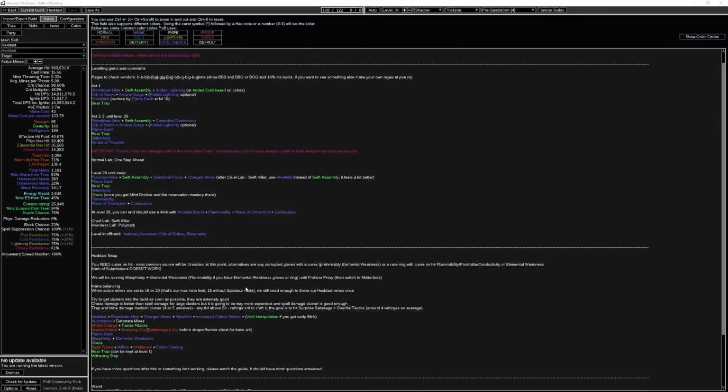When you want to swap to Hexblast, you really need to have certain things. Number 1 is Curse on Hit. As I mentioned, usually the most common thing is going to be Dreadarch at this point, but there are also some alternatives. Gloves with a Curse, ideally Ela Weakness, but if you have Enfeeble or Temp Chains and you really want to swap, and you are like approaching maps, sure, you can go ahead and equip your Enfeeble Temp Chain gloves, it's completely fine. Or a rare ring with a Curse on Hit, Flammability, Frostbite, Conductivity, or Elemental Weakness,